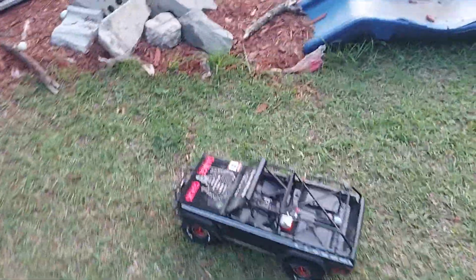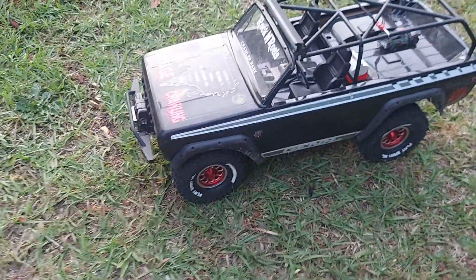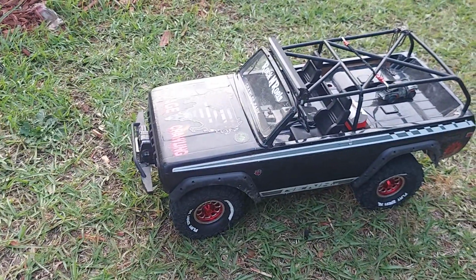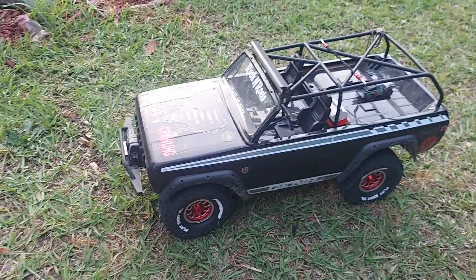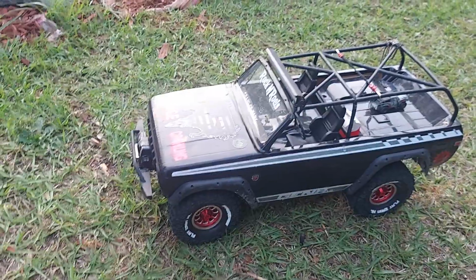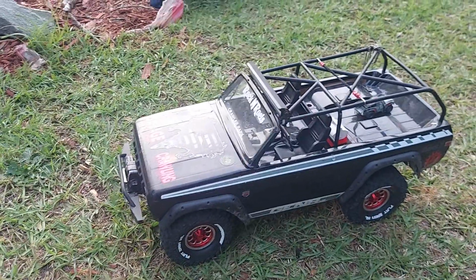Alright, it wasn't much of a test or a run, really. I was just having some fun, but all I did was put a longer servo horn, and honestly, it's probably not longer than stock, because I changed the servo one time before, and I think I put a shorter one on it at that time. I believe that servo horn was not the stock one that I took off. But anyway,